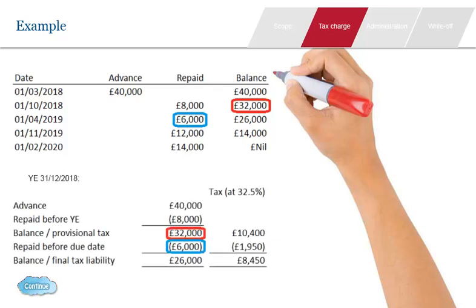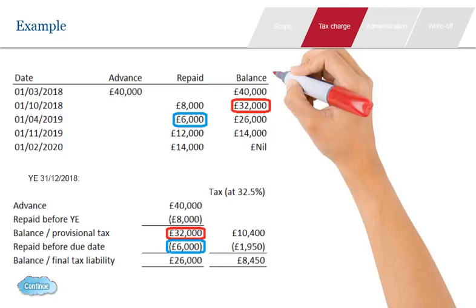Our client is a close company which prepares its accounts to 31st December. On 1st March 2018, the company made a loan that is within the charge to tax under Section 455. The loan was repaid in 4 tranches, as set out on the slide. The first step is to identify the balance at the end of the accounting period in which the loan was made, being the year ended 31st December 2018. This is £32,000, as shown in red on the slide. The provisional tax liability is therefore £10,400, being